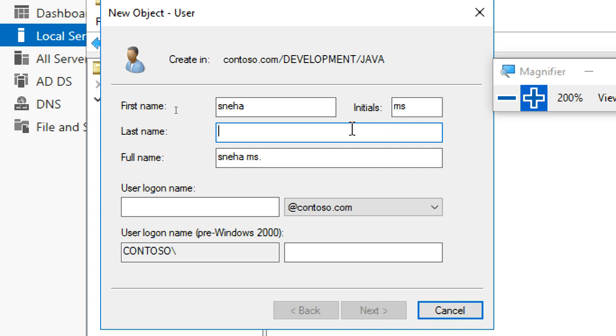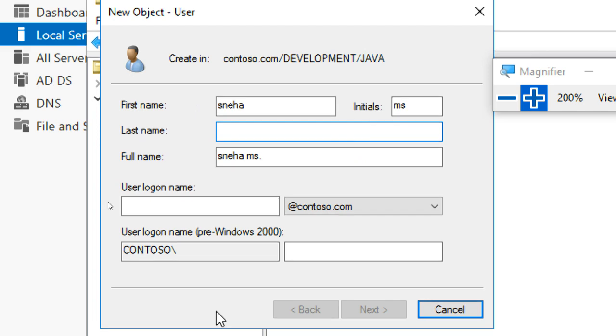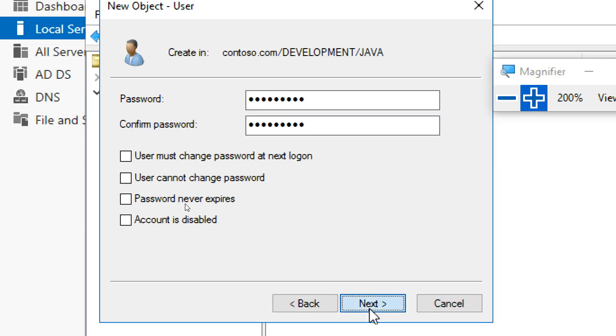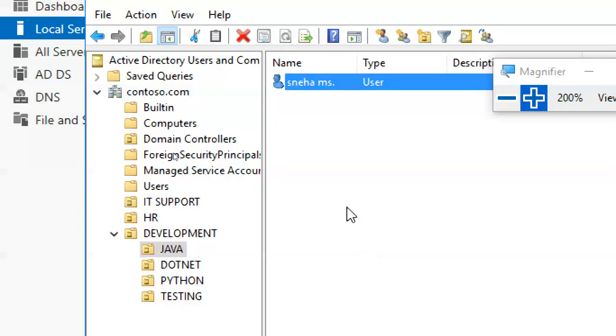So I put Sneha. Okay, like this. Just for example only I'm telling this one.